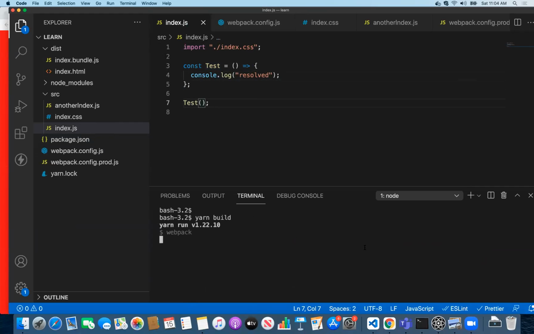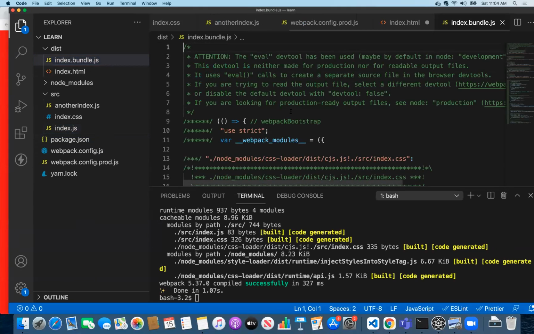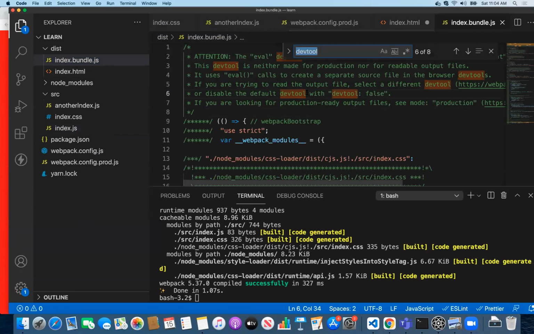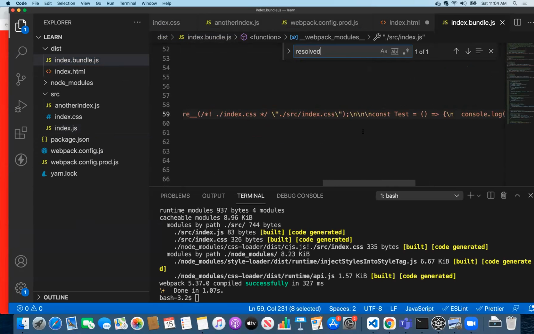So the build, and if you open and search our result, if you see this, this particular arrow function has not been transformed, it has come directly as is. Assume that 1 year back or 2 years back this arrow function was not supported across multiple browsers, so you want to convert ES6 to ES5. So quickly we can add a particular loader,